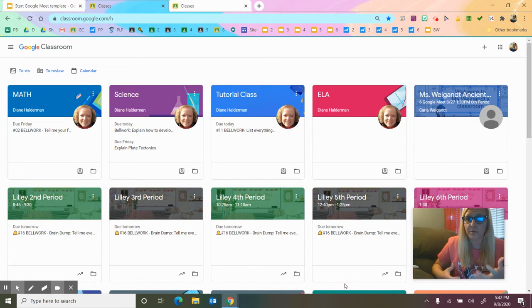I know some of us are better when we physically have something in front of us. Maybe you use folders when we're in typical schooling. Maybe you just put everything into one folder and you hope to find it. I've seen kind of everything in between, but Google does have a way of putting everything in one spot to really make it easy for you to know what you should be doing other than just what your teacher is